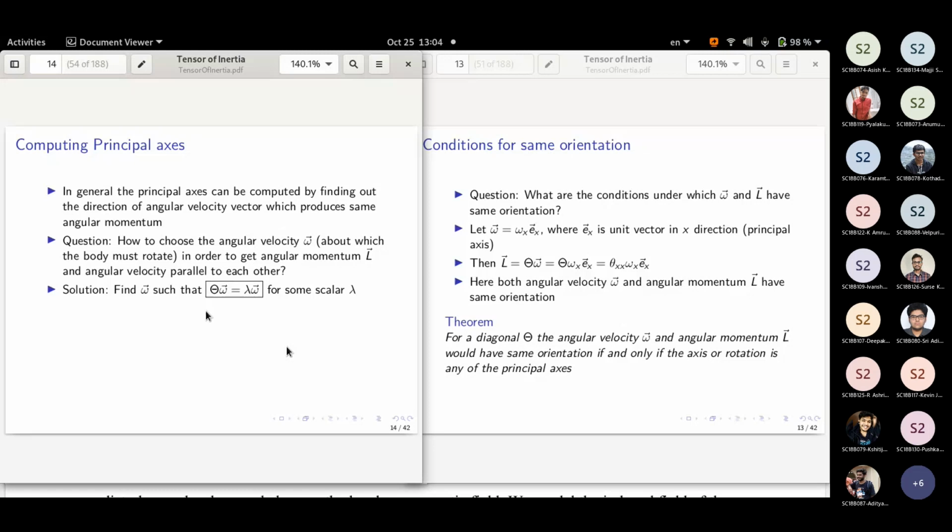So usually what happens in applications is they will choose the coordinate axis as this principal axis itself. So initially they will simply choose an arbitrary set of coordinate axis, then they will get a theta. Then they will try to find out what are the eigenvectors for this theta. Once you know the eigenvectors, you know the principal axis direction. Now you choose them as the XYZ axis. The matrix will appear in the diagonal form. So that way, the equations also will become simpler.